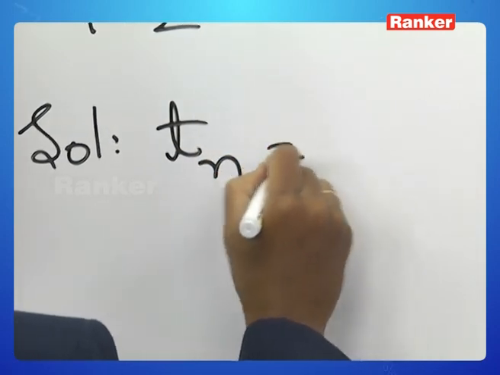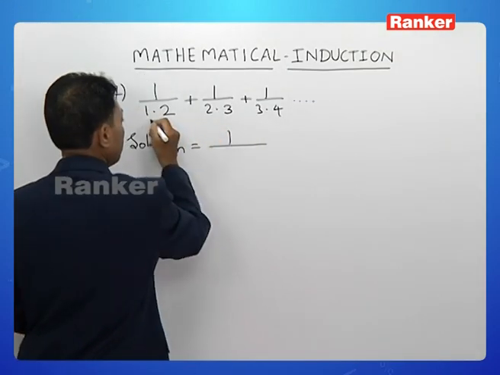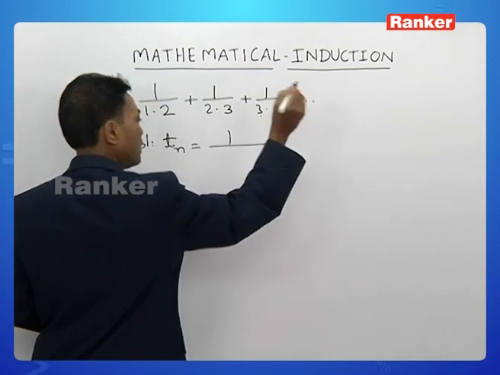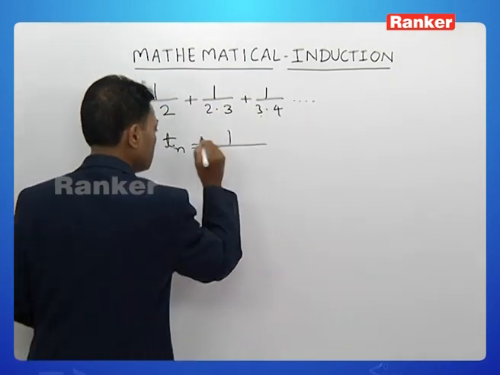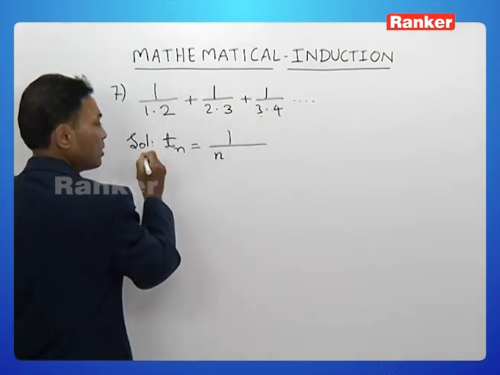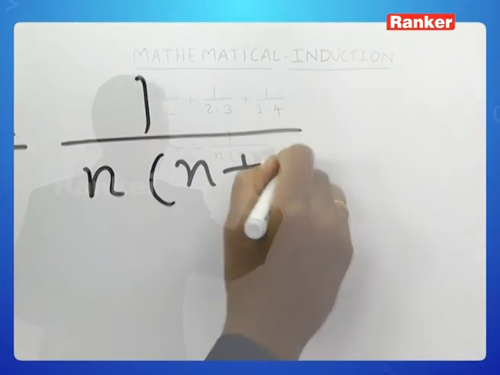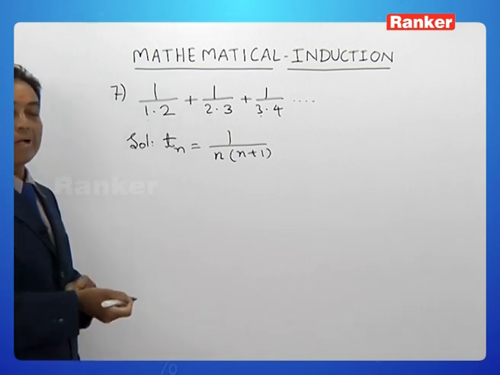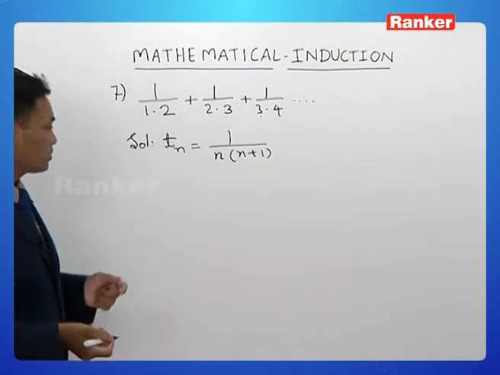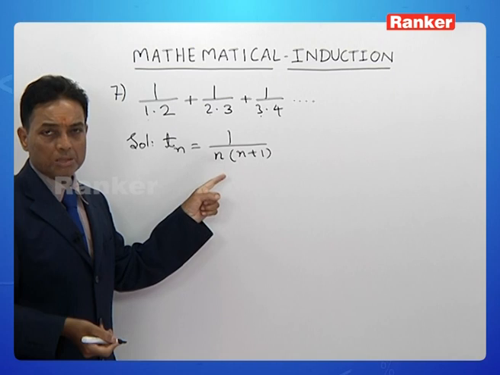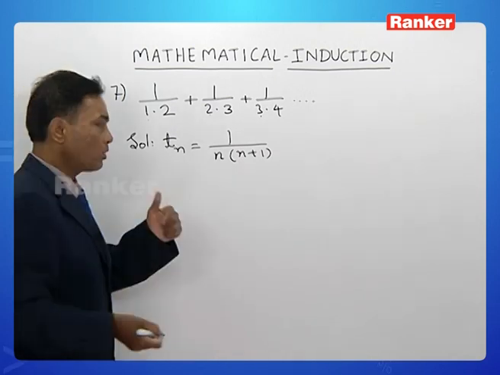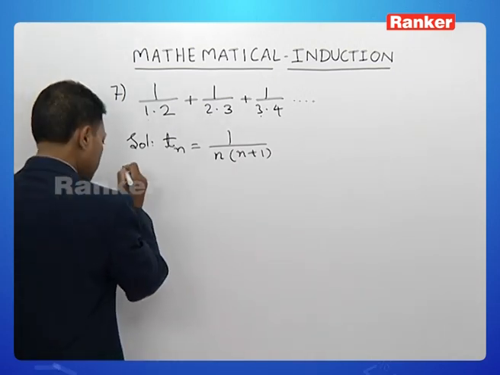So, what could be the nth term? 1, 2, 3 and so on. So, these are natural numbers n, and here the difference is 1 plus 1, 2 plus 1, 3 plus 1. So, you get n into n plus 1. Now, we want the sum of n terms. Here, when the denominator is n into n plus 1, we can't apply direct sigma here. So, what do we do? Applying sigma is nothing but